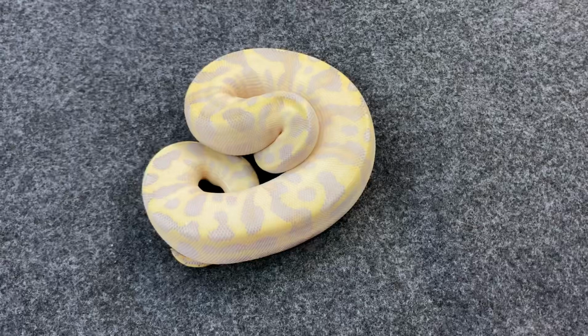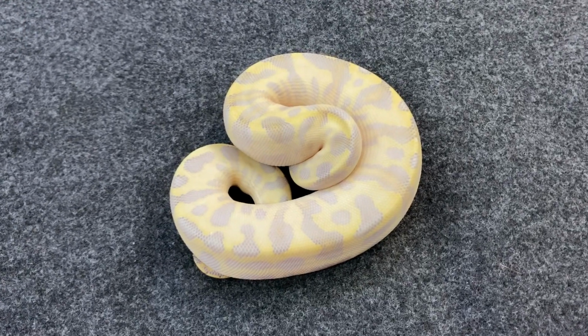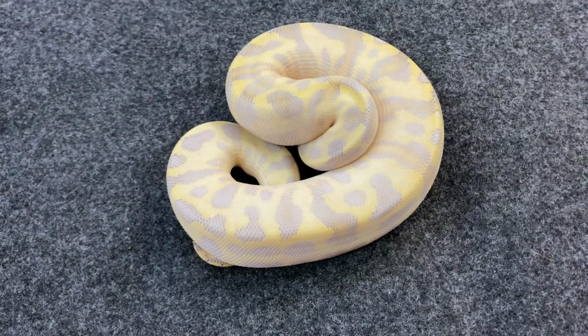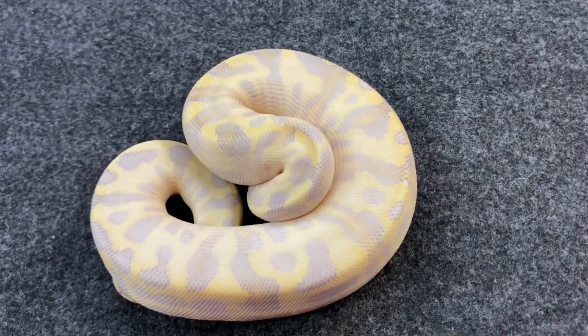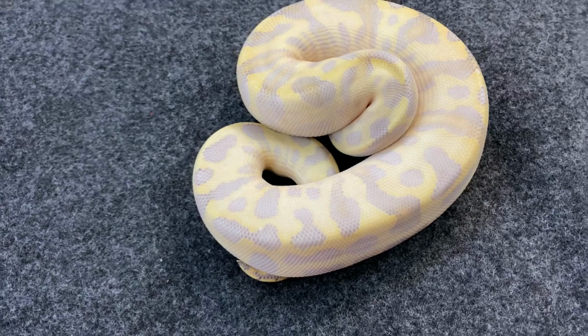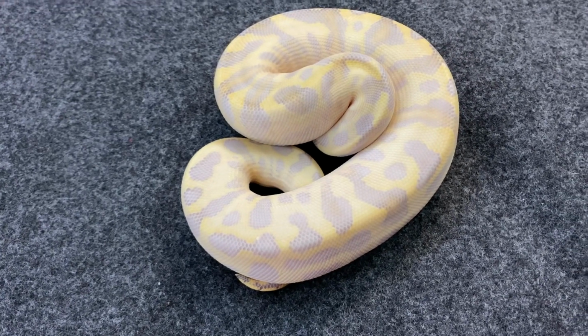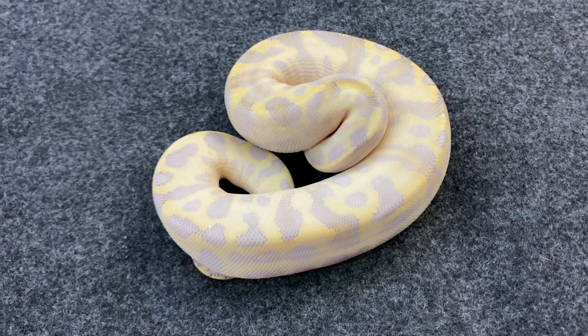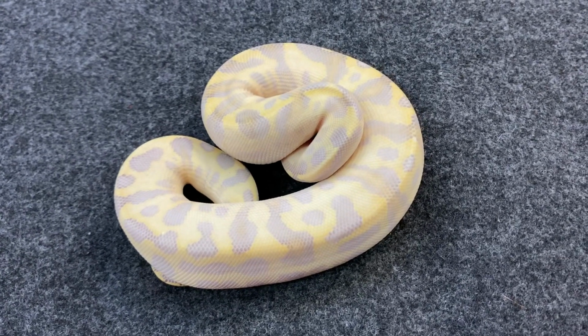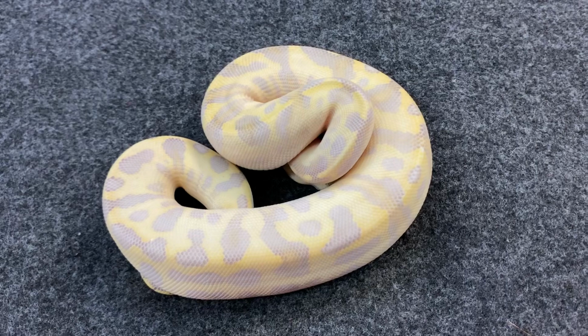All right, so here's another. This is an ivory, so we're getting into some of the ivory stuff here. This girl is just absolutely crazy. This is at least a Pastel Super Enchi Leopard Ivory, 66 het pied. I believe there also may be some Super Leopard. Again, I'm going to say this a fair bit with this one,